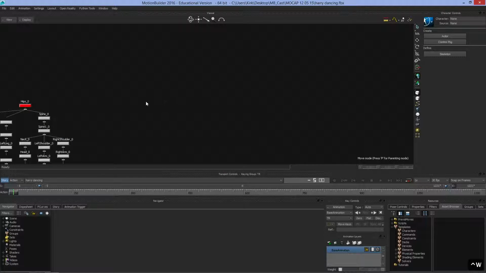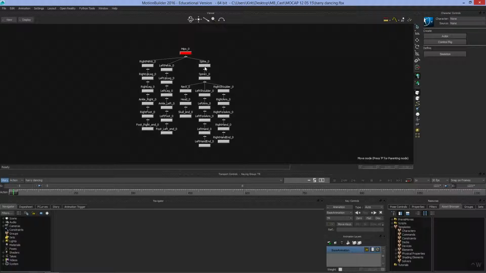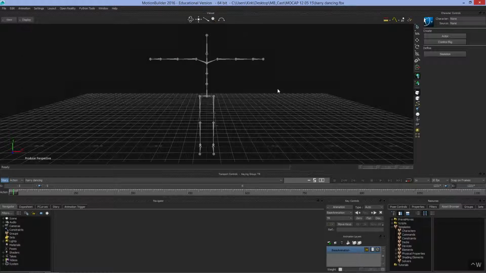I can switch to Node View. I can see the name of each and every one of these bones. So we've got hip 0, left pelvis, left upper leg, etc., etc. Motionbuilder has a tool to allow you to create a character out of this skeleton and then use that character to drive another model which has a character attached to it. In order to do that,